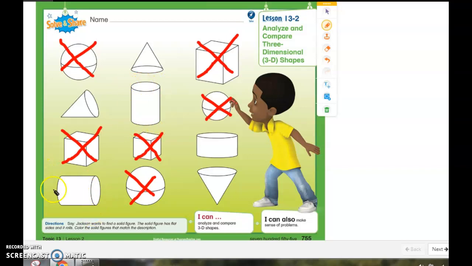Okay, over here they're on the sides. Over here in this cylinder, it's on the bottom and on the top. And the cones have this flat shape. So if we don't want our cone to roll away, we have to stand it up on that flat surface. If we're okay with it rolling and we want to see if it rolls, we lay it on its side and it will roll. So the figures that Jackson should color are his cones and his cylinders,